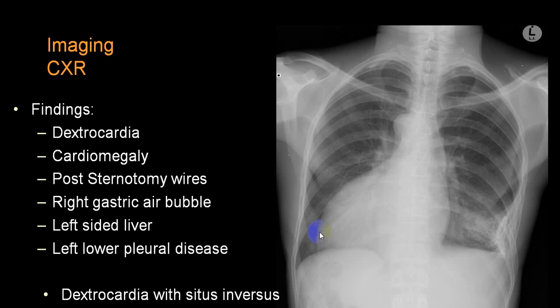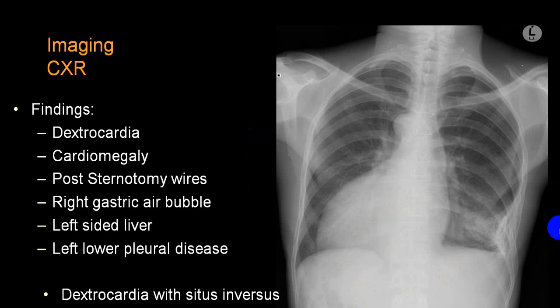So on an X-ray chest, if you see a dextro position, apex towards the right side, it is more in favor of dextrocardia. Always look, see, this is the L mark, so this is the left side, so the heart is on the right side, so this is a dextrocardia. Now look at the stomach bubble. If you can identify a stomach bubble, here there is a stomach bubble, so that shows you that there is situs inversus. So the chance of congenital heart disease is only 2 to 3%, maximum 5%.